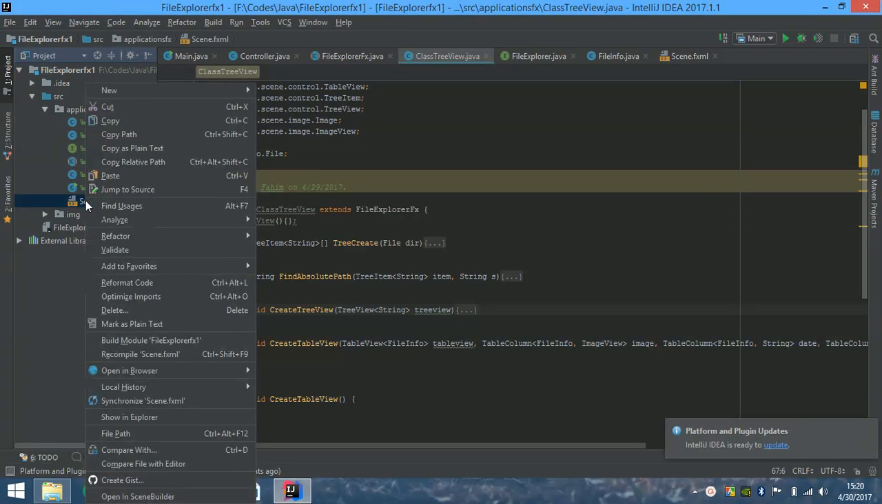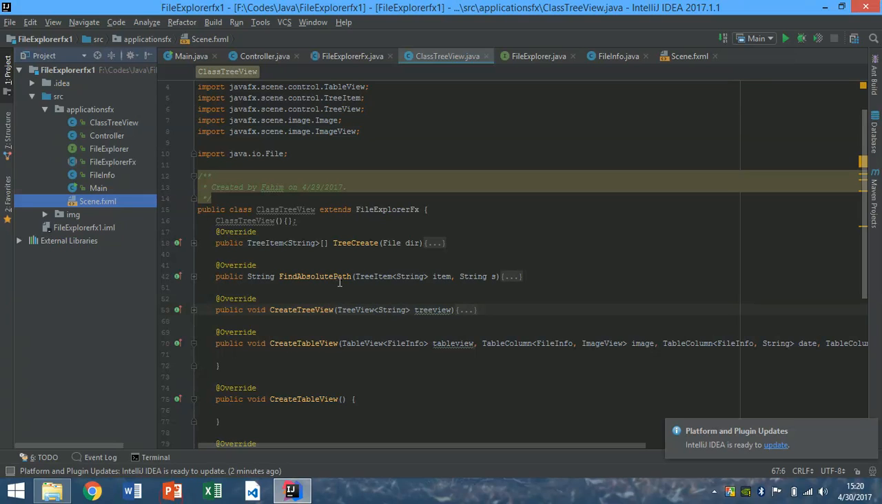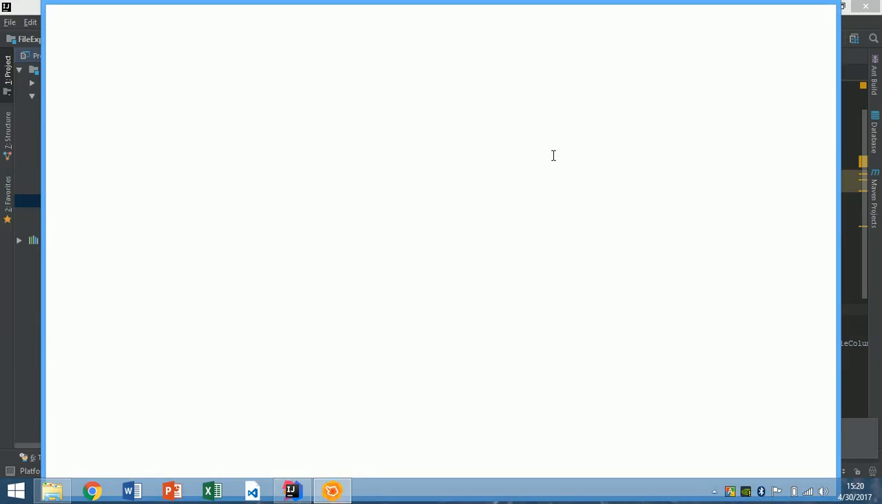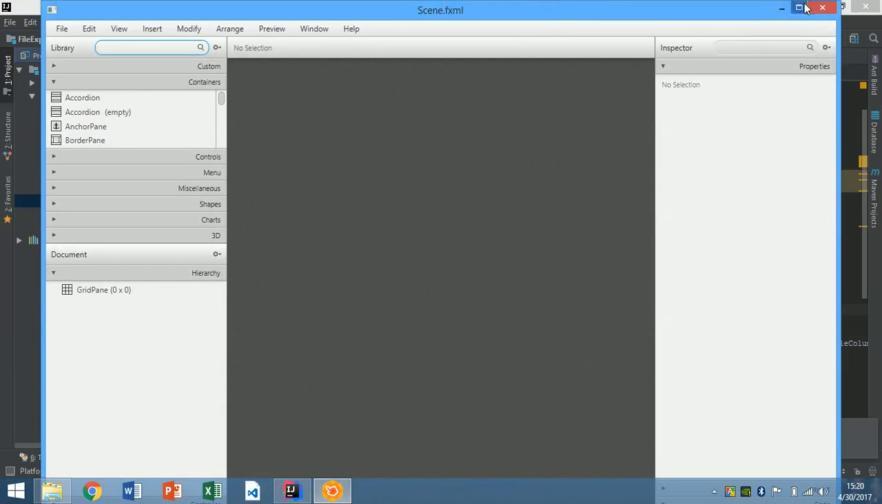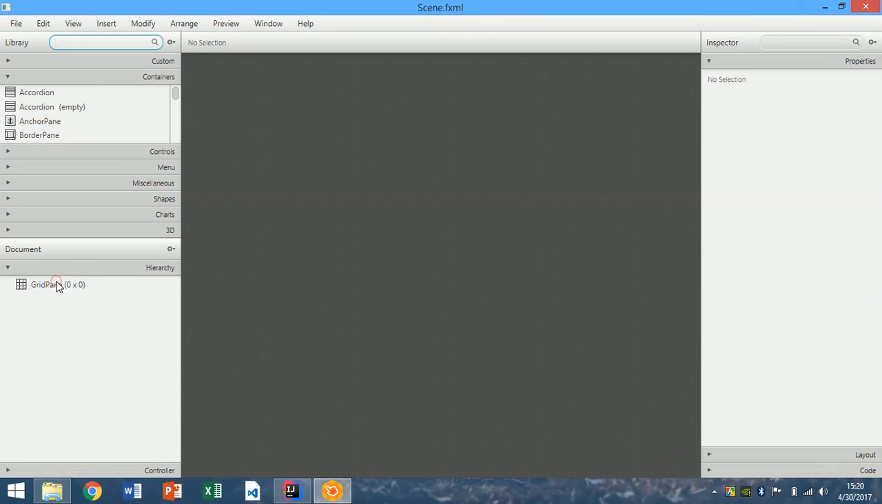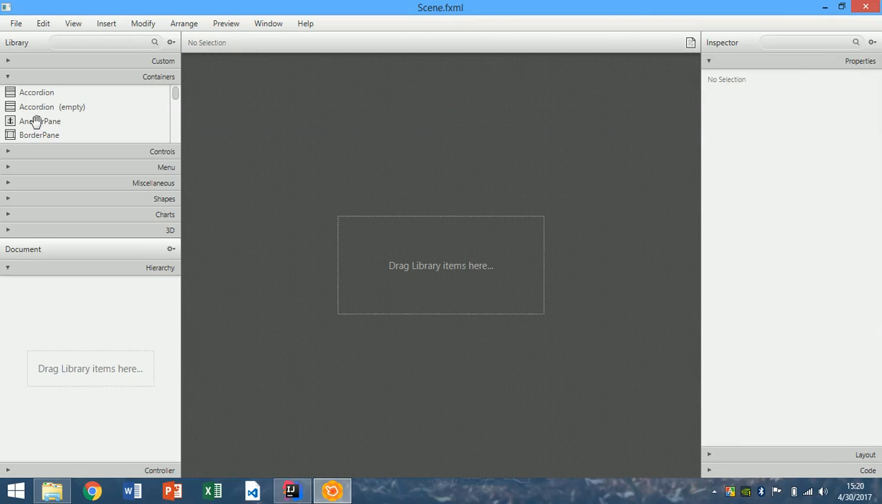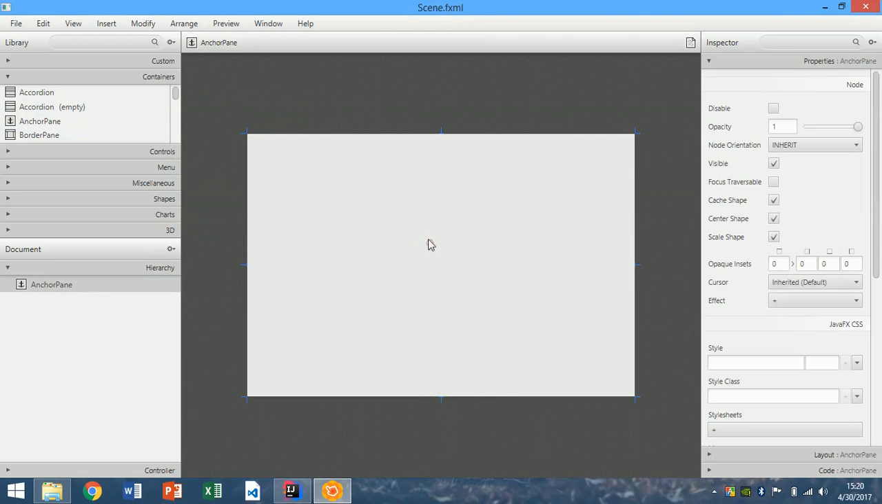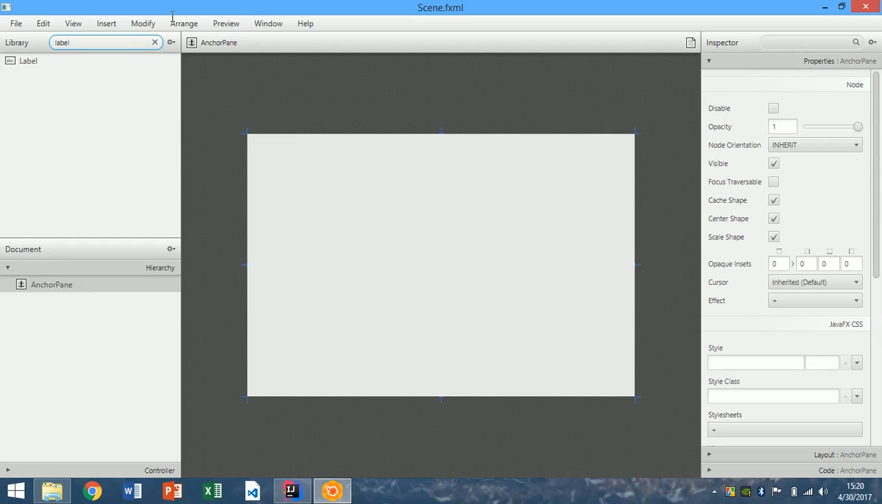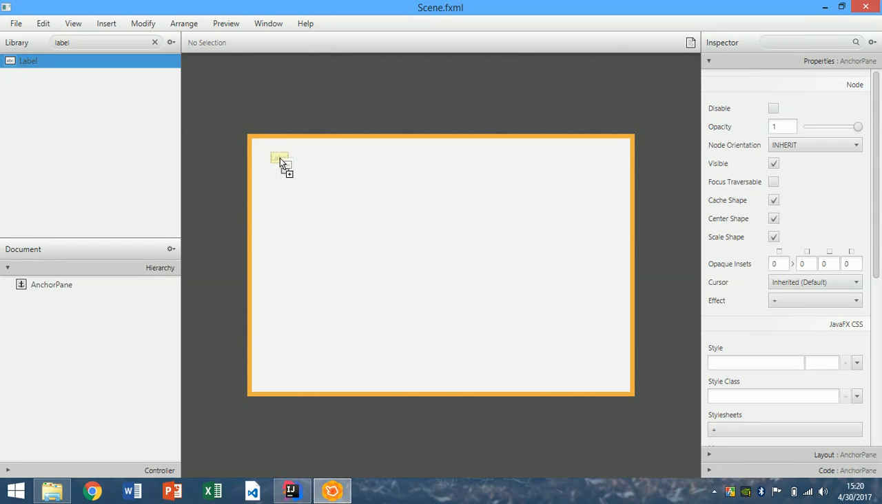Right click on this fxml file, open in scene builder, and this will open up the scene builder. Okay, so first things first, delete the default grid pane, bring in the anchor pane. Then what you need is some labels. Drag and drop over here,